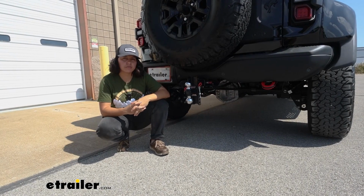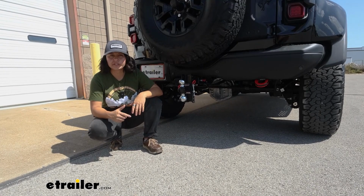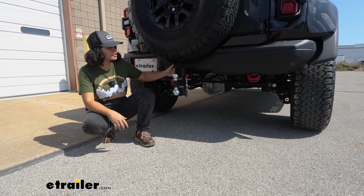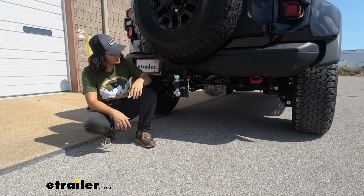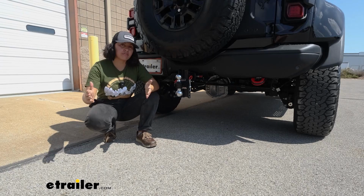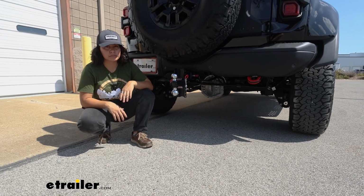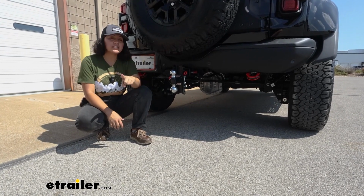The important thing for your Ford Bronco is that when you do need to tow something or you need to hook up to a trailer, you need to make sure that you have the right ball mount for it. So this video was mainly focused on just getting you those measurements to get you started, whether it is rise or drop height or if it's clearance with your spare tire. From this point onwards, you can then make sure if this X-Mount ball mount is the right fit for you, and if it's not, we'll just double check our measurements here on our website or give us a call and we'll help you get guided to the right one. But if it is the right fit,